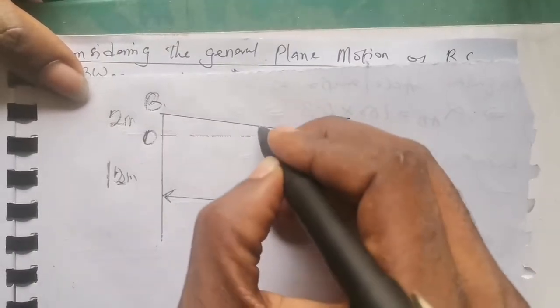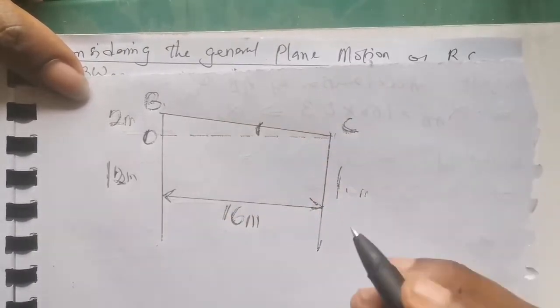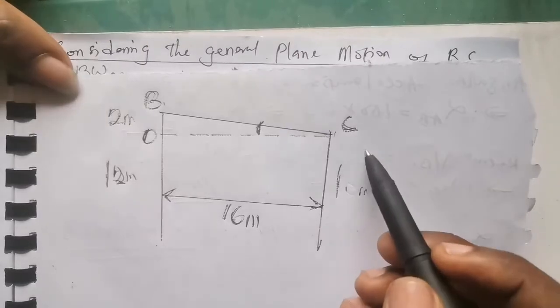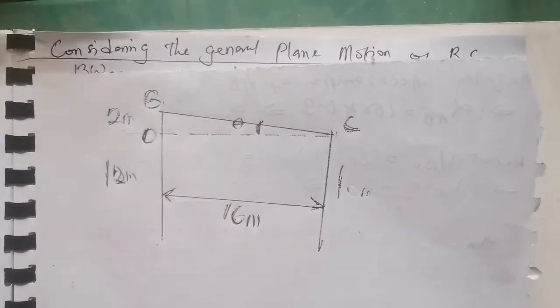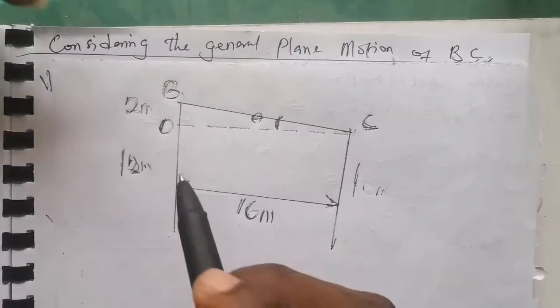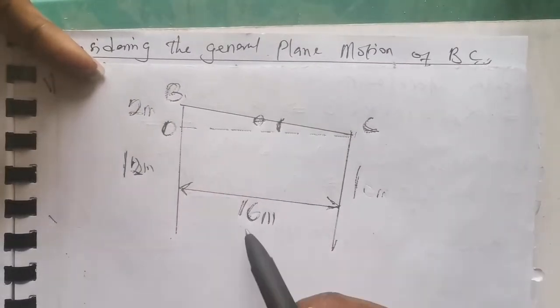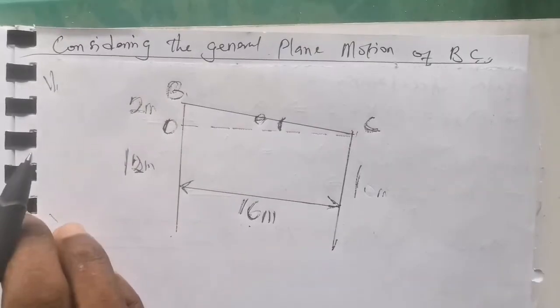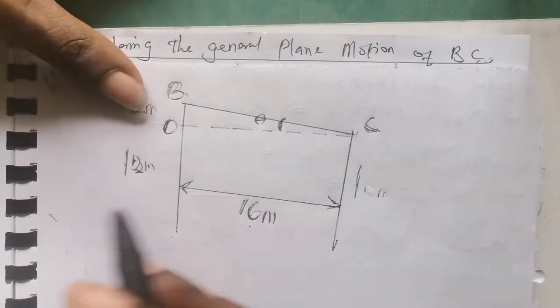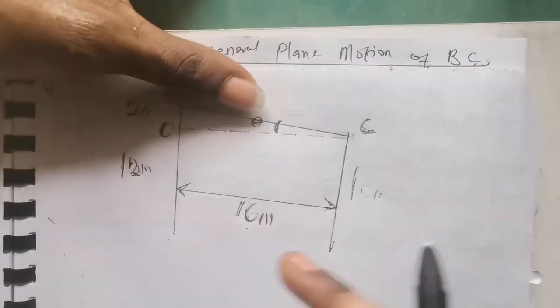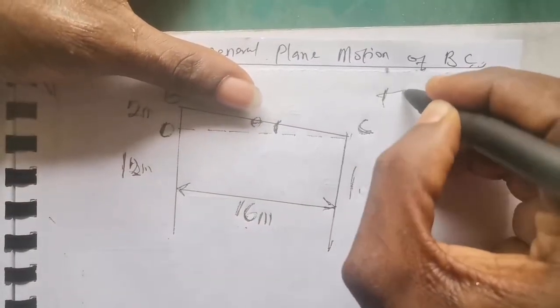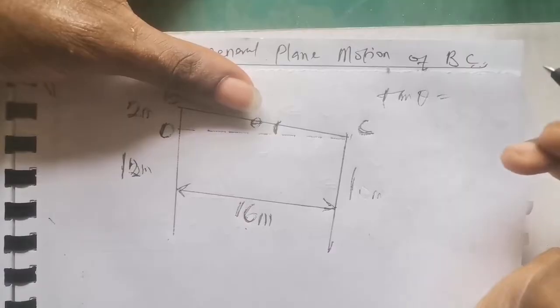So this will help us to find the angle of the incline between C and B. Let's call this angle theta. Now we need to find that angle. Knowing that this base from O to C is 16 meters and this height is 2 meters, we can find that angle. So tan theta is simply opposite over adjacent. So we have that tan theta equals opposite